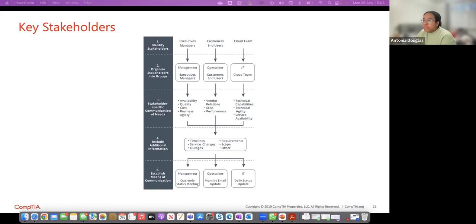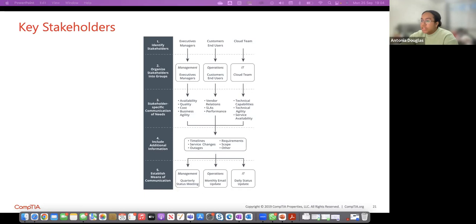Organize stakeholders into groups. So you can see there the cloud team moved into IT cloud team operations and management, and they will be making the following decisions. Executive teams, organized into the management structure, will be making decisions around what availability and quality cost is required, etc. And these flow down into additional information, timelines, outages, requirements,